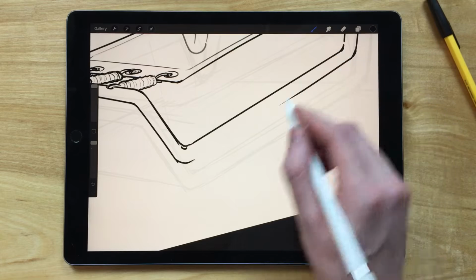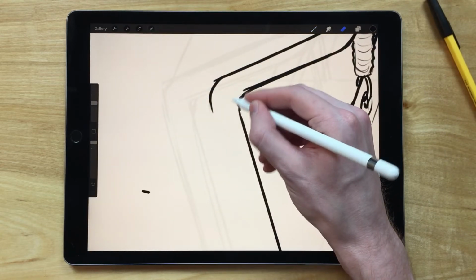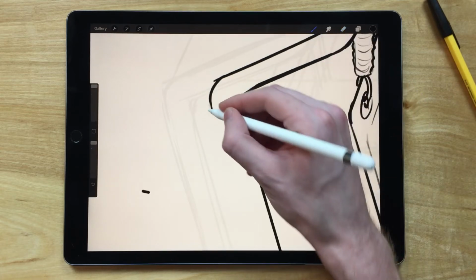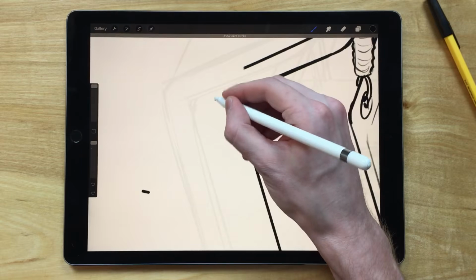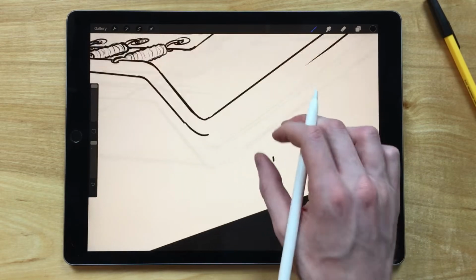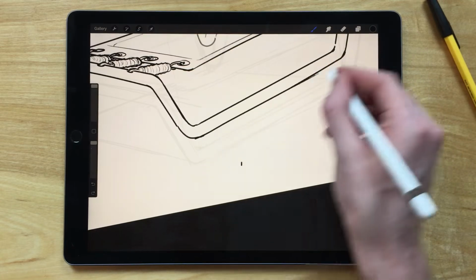I'm going to cheat. I mean, it's not really cheating. I shouldn't say cheating because it's a valid way to sketch. It's just not how I sketch. I mean, I do sketch with the line tool occasionally, but